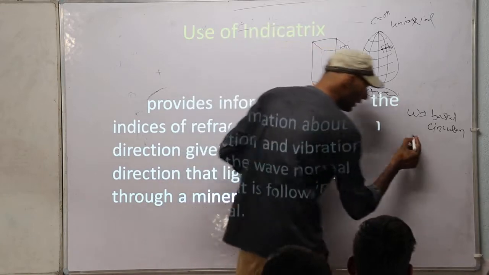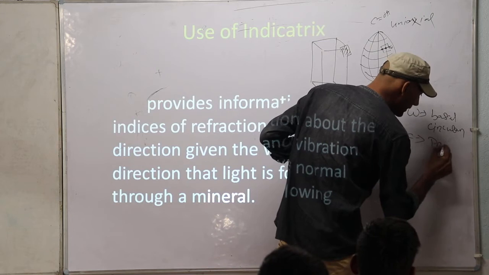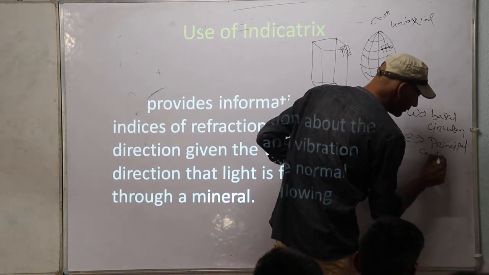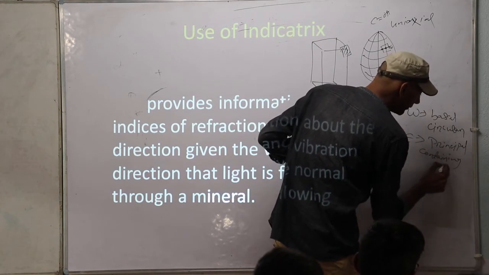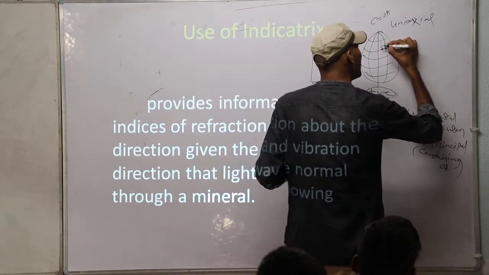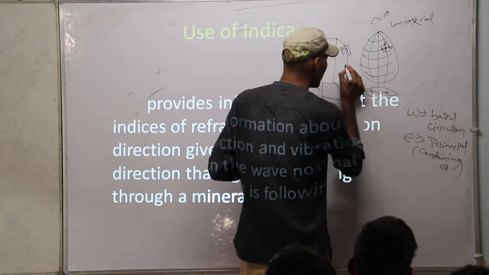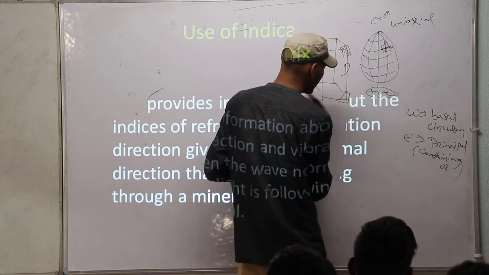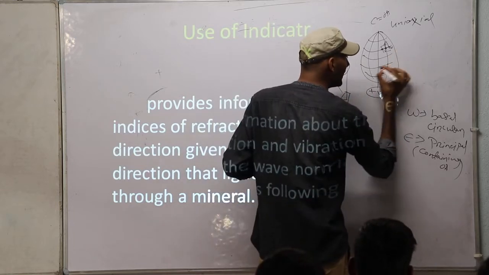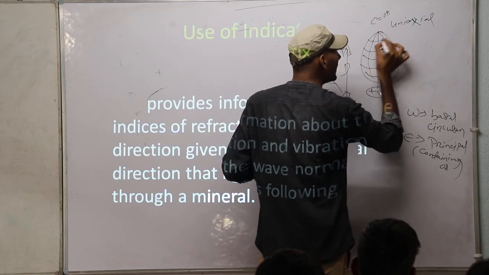Talking about the E ray, the vibration is in the principal section, that is, in the principal section containing the optic axis, right? So this vibration will be for epsilon. Similarly, for any point, if you are taking a section here, here, or here, any point in this mineral, if you define that point here, you can get the vibration of O and E rays at each point.